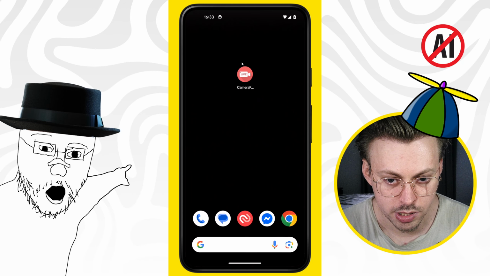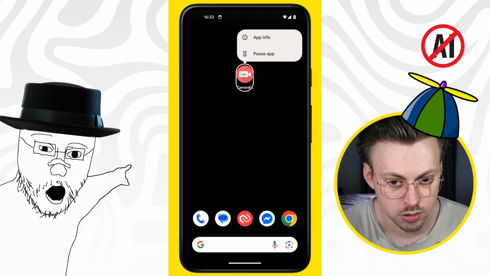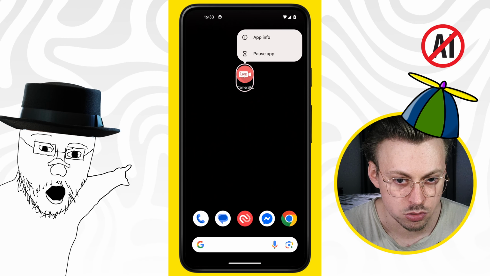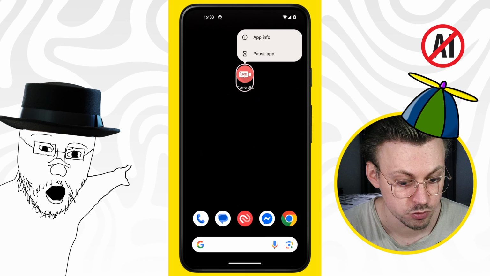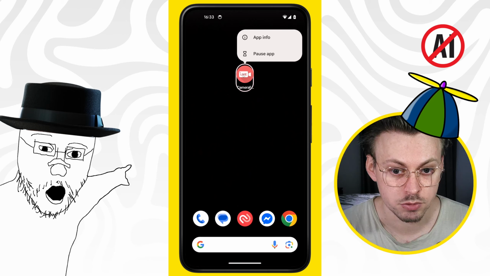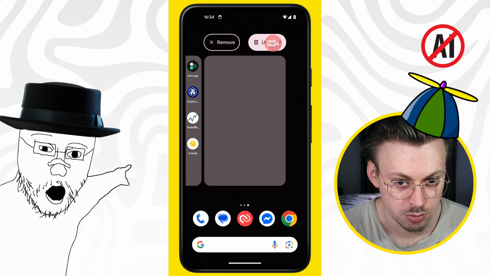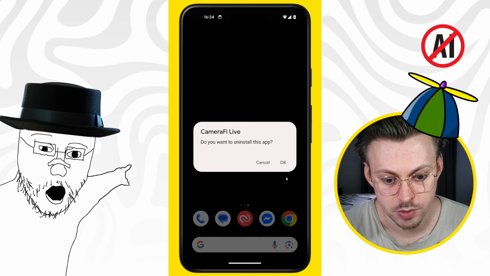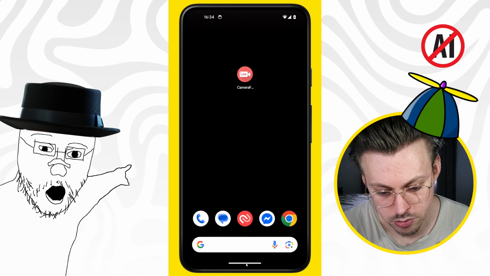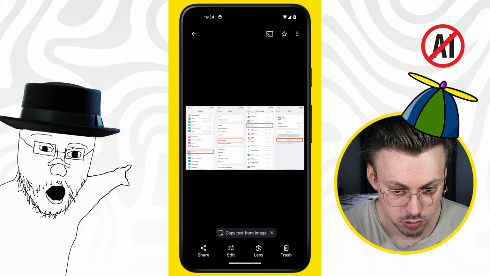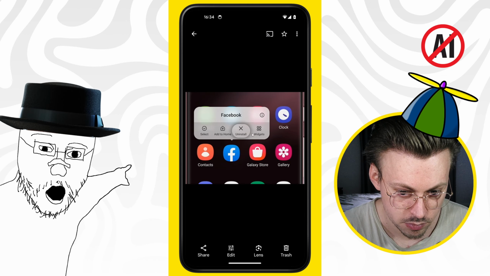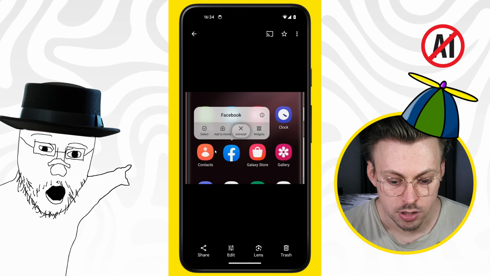Okay, so to uninstall the app, just long press on the logo on the app, and then you will get a pop-up that will look different depending on your phone. So in my case, what I have to do is just drag it to the top and drop it on top of uninstall, and then just hit OK. In your case, if you have like a Samsung, for example, you might look at something like this, and then just tap uninstall. Now, if you have an iPhone